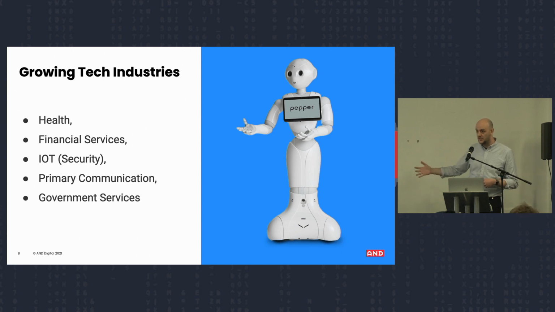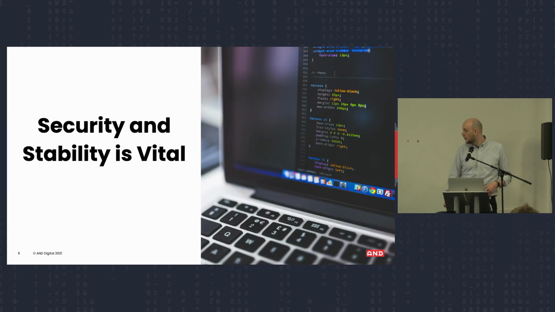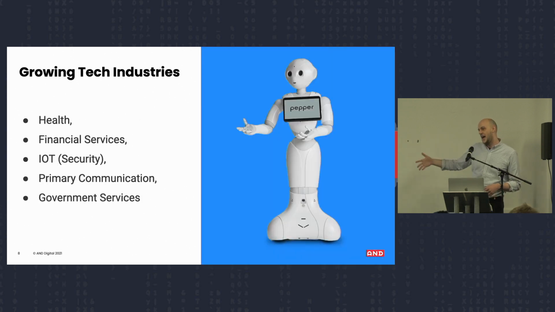What I hope to take from this is that these are fundamental industries that are crucial to how we do things now. So my takeaway from that is security and stability is absolutely vital, absolutely crucial. If anything goes down, let's say you have, one of the growing things in Edinburgh, particularly at the moment,